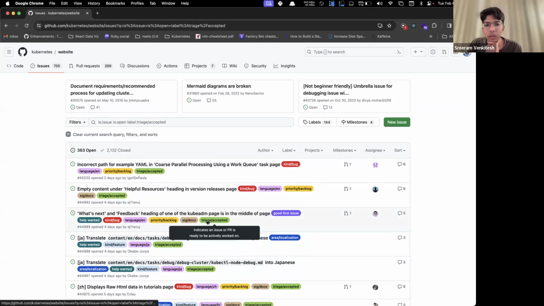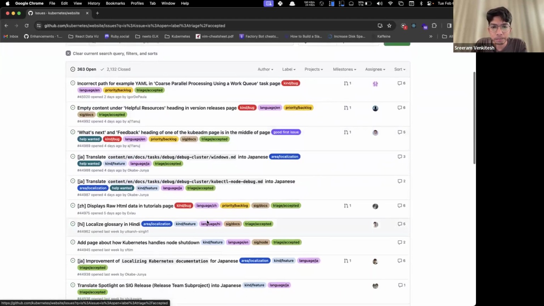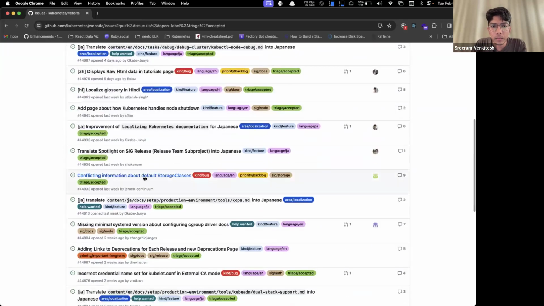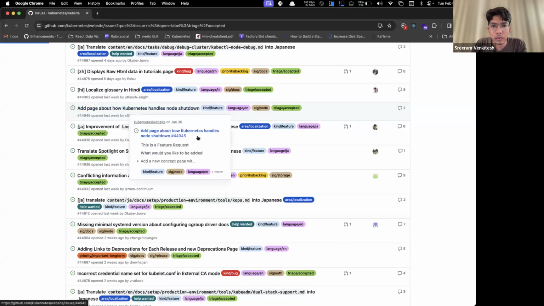A triage accepted label is given to those issues which are reviewed by the issue wranglers and the folks at SIGDocs, and these issues are confirmed and basically accepted, so we can work on them.